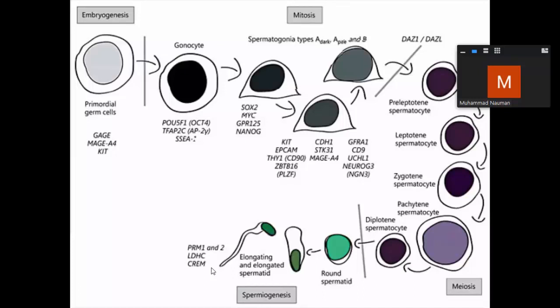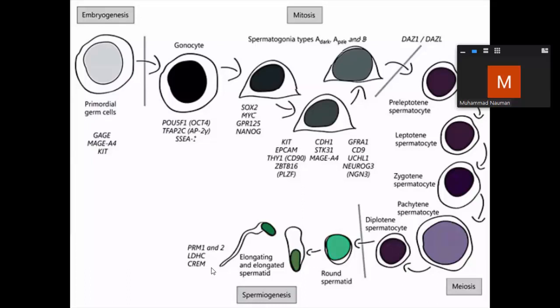The primordial germ cells undergo mitosis. In mitosis, the number of chromosomes doesn't change. Gonocytes develop into two types, dark type and pale type, and they have different functions. Dark type and then this is the